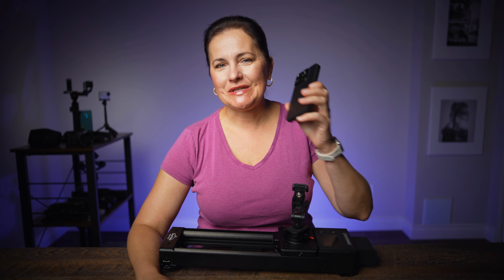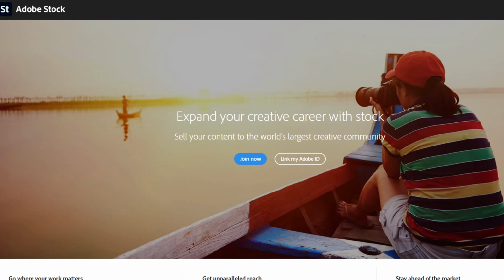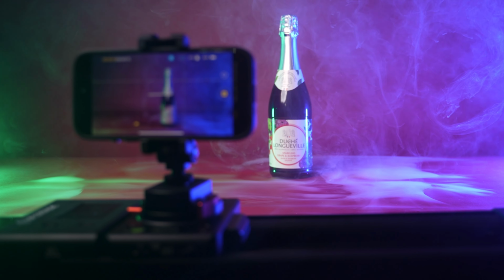For those who are using smartphone for professional grade photography and video, stock photography and video, for example, products or